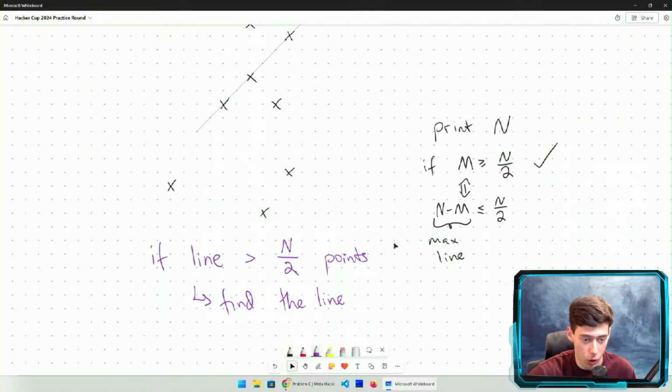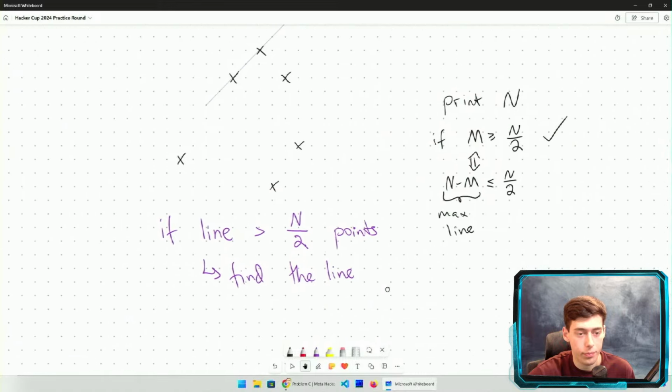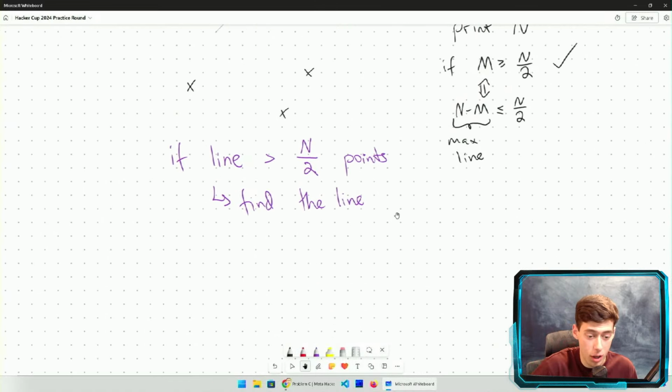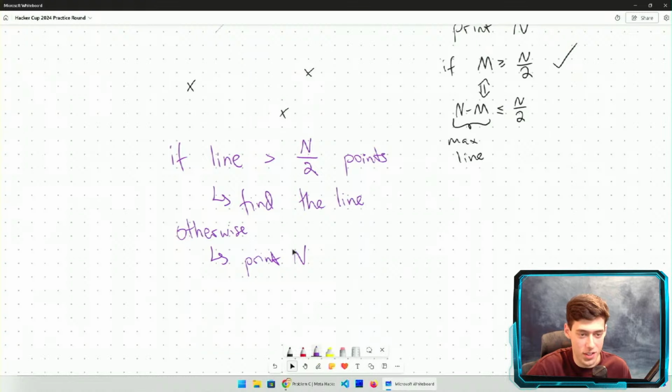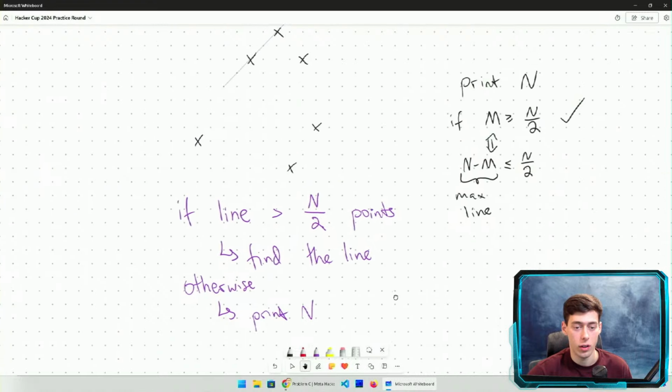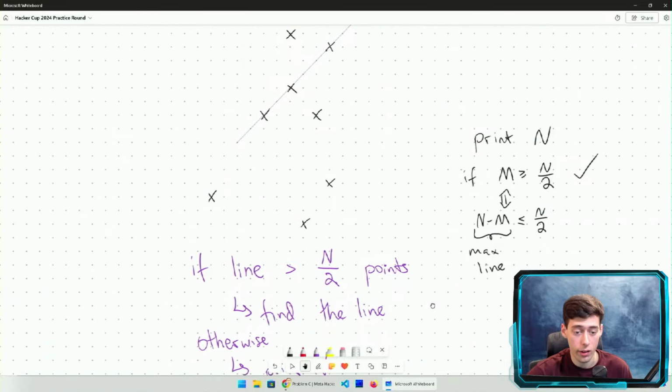So if there is a line with more than n over 2 points, we need to find the line. We need to actually find the biggest line. But otherwise, if we determine that there isn't such a line, we can just print n. So this is like a get out of jail card in the sense that it saves us the difficult cases where there aren't any lines with a huge number of points on them. So we just need to find whether there's a line with more than half the points in the whole problem. And that's easier to do